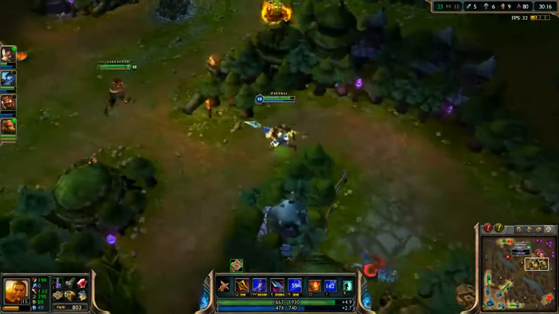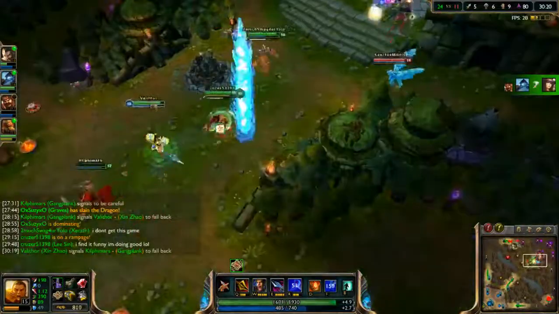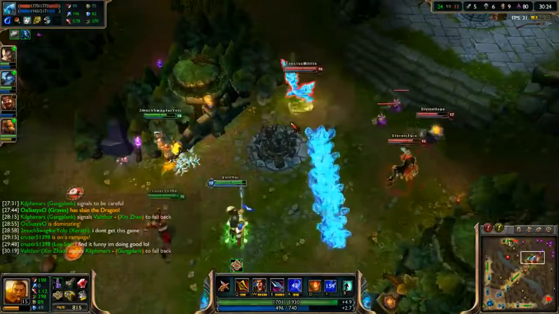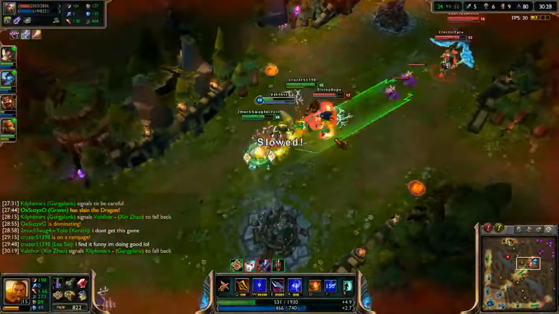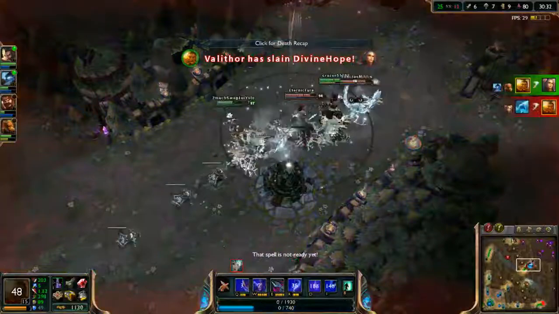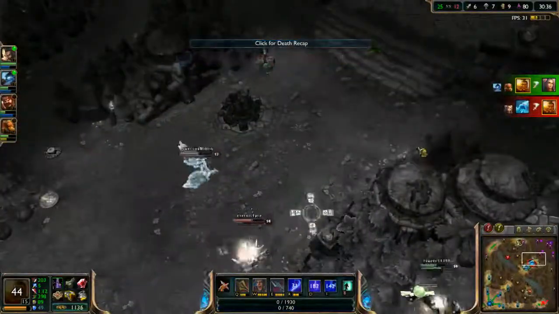There we go. I'm almost back up to full health just from taking those wolves. Gankling's down. I'm going to ping on the back just to be sure. Got Ignite off on Aurelia right at the beginning, so she wasn't able to heal off nearly as much